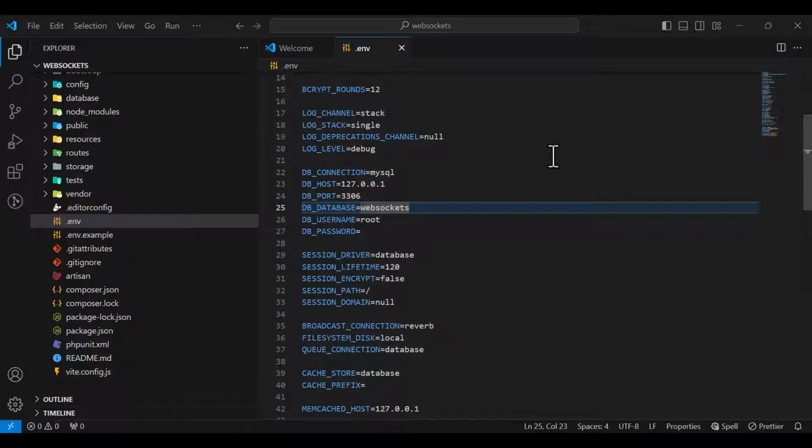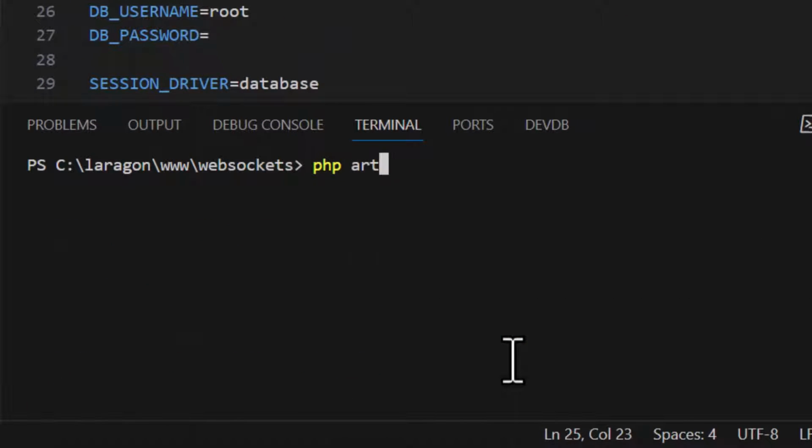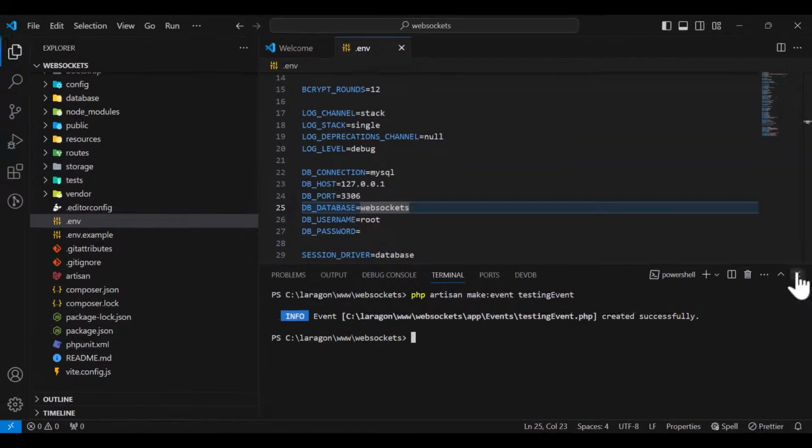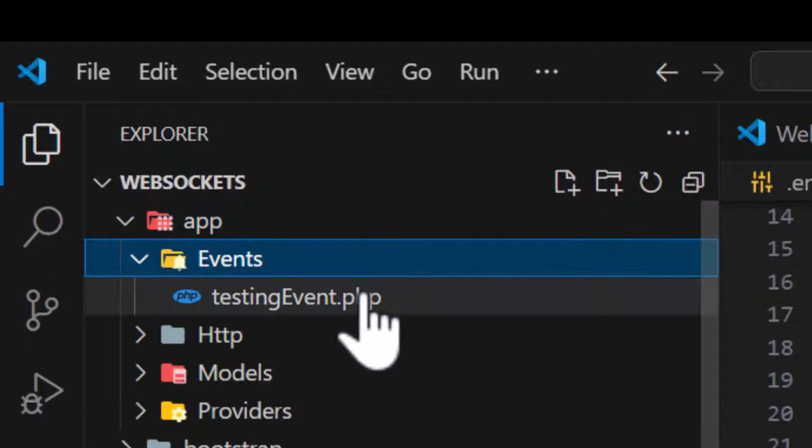Now to run the WebSockets, we have to create an event to trigger the broadcasting. So for that we have to create an event. Let's open our terminal and let's clear this. Let's type php artisan make:event, and for now I will call it TestingEvent, enter, and the event is also created. Now let's go to our app, Events, and as you guys can see, it's here. Now let's click this,